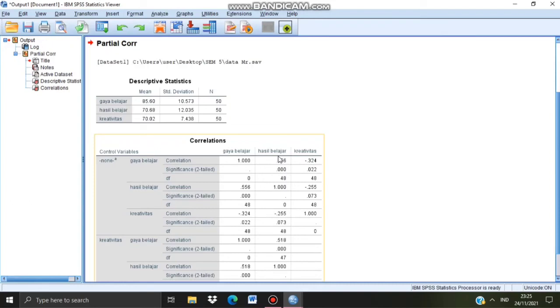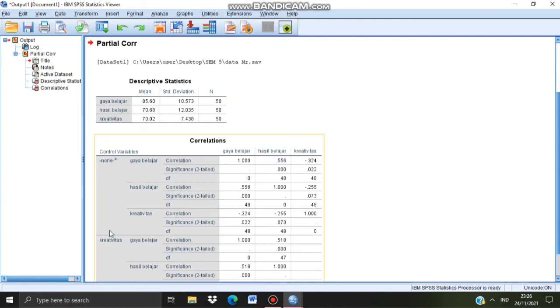So based on the output, it's known the correlation coefficient value is 0.556 positive and the significance value is 0.000, which is less than 0.05. So the null hypothesis is rejected and alternative hypothesis is accepted. So it can be concluded that there is positive and significant relationship between gaya belajar and hasil belajar without any control variable.